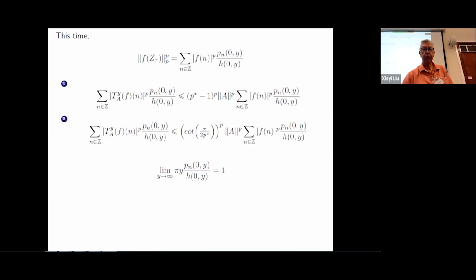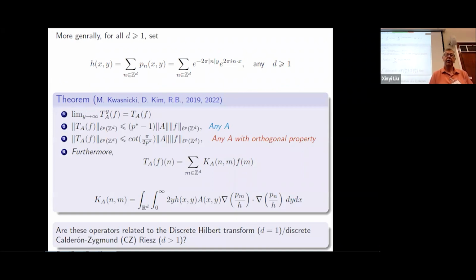Now you have to convert these integrals into sums. Well, there they are, and the only difference is you have these weights. So now you have to show that if you multiply again by pi y, this goes to 1. Well, it's some exercise, but nothing incredibly difficult. And so when you do that,